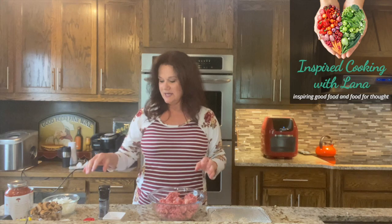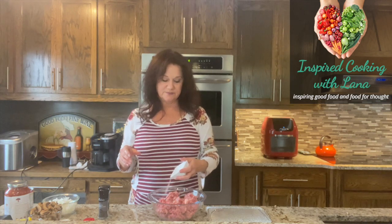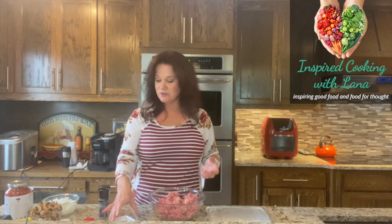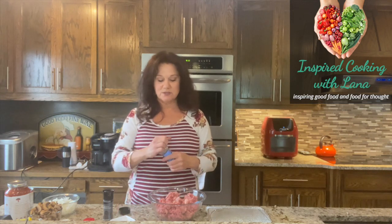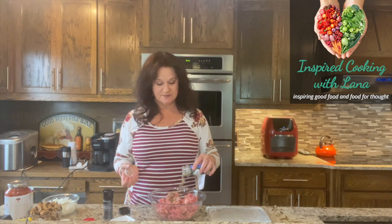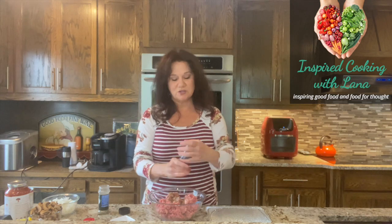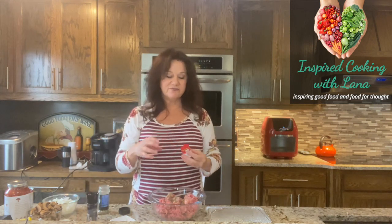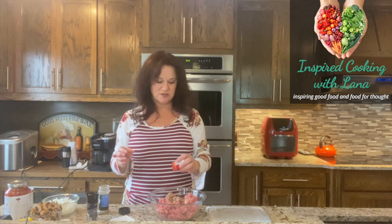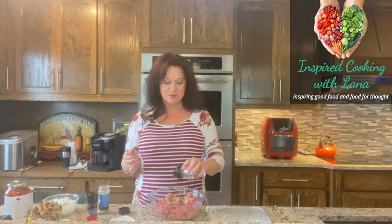Okay, so I did just wash my hands, and now I'm going to add Himalayan sea salt. I think it's a little saltier than just the regular salt with iodine, so just remember that as you're using it. Then I'm going to do about a tablespoon of Italian seasoning, and lots of crushed pepper. I'm also going to add a little fennel. I think fennel gives it kind of a sausage flavor, and I really like the flavor of fennel. And I'm going to add some crushed red pepper